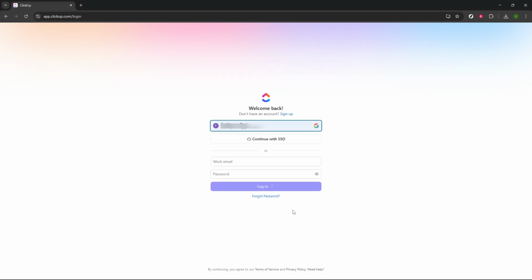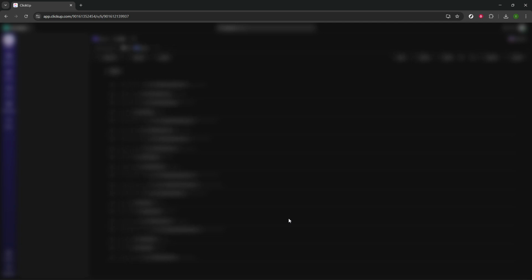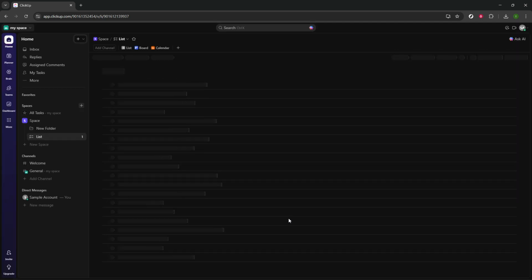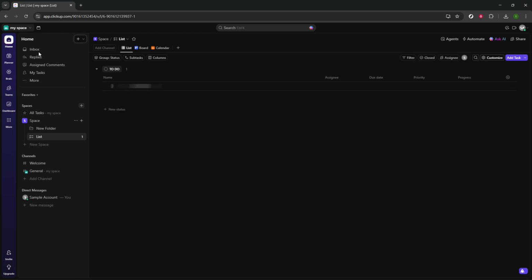If your organization uses a different method like email and password or single sign-on, that's perfectly fine. Just log in normally. When prompted, pick the correct account so ClickUp opens to your workspace. Once you're in, look to the upper left corner and click your workspace name. This menu is helpful if you're part of multiple workspaces, so double check you're in the right one before inviting